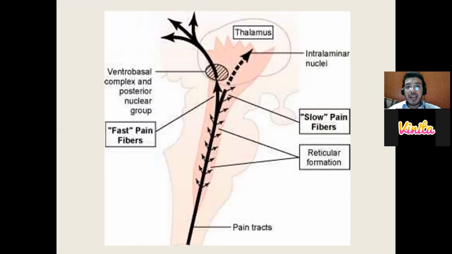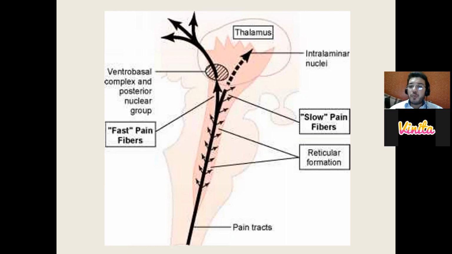Can you see the above 3 arrows there? That is the somatosensory cortex. That means fast pain fibers are relayed; the thalamus is a relay station. It gets relayed at the second order, and the tertiary neuron from the thalamus goes to the somatosensory cortex. Whereas in the case of slow pain fibers, they end in the thalamus and intralaminar nuclei. So that is a very important difference between fast pain and slow pain.